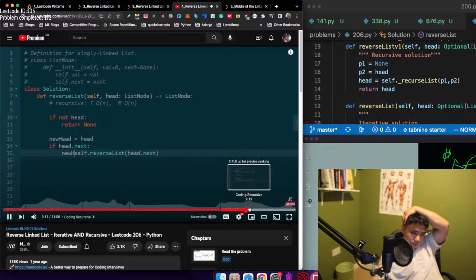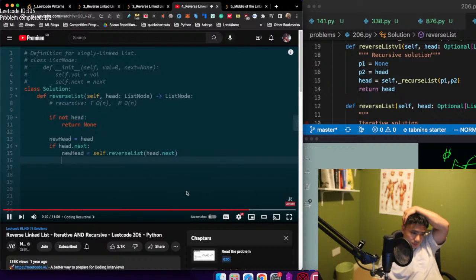So we're going to set the result of that to new head. And since head.next is the next node of head, we want to reverse that link. So head.next.next is going to be set to head. What this is doing is just reversing the link between the next node and head. And lastly, we can say